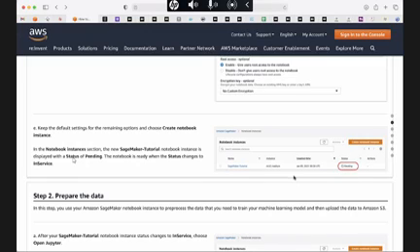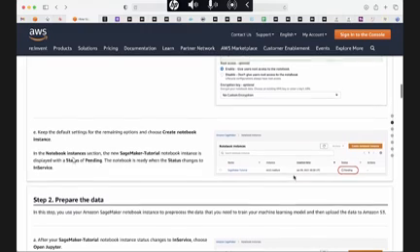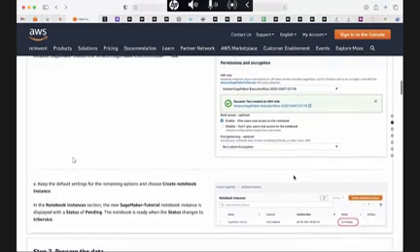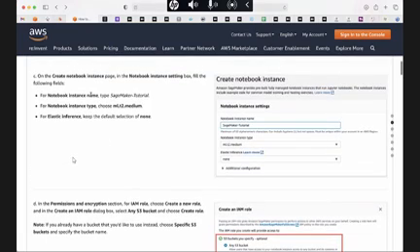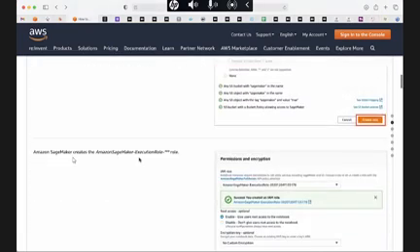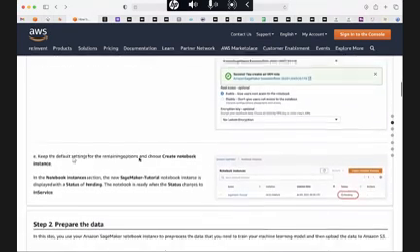So you can imagine what it's doing. It is loading an image, creating a virtual machine with the required software for machine learning, which comes with this particular instance called ml.t2.medium.